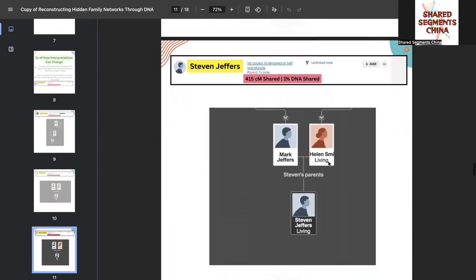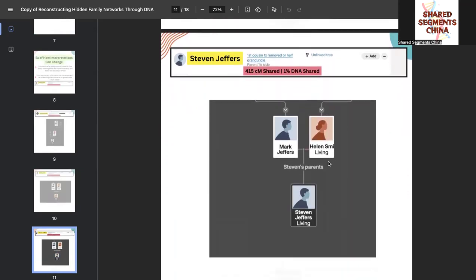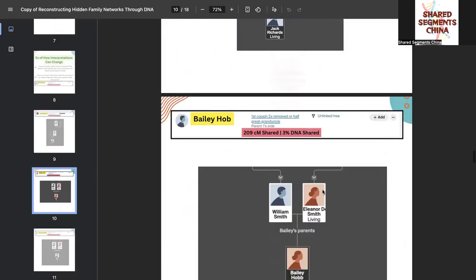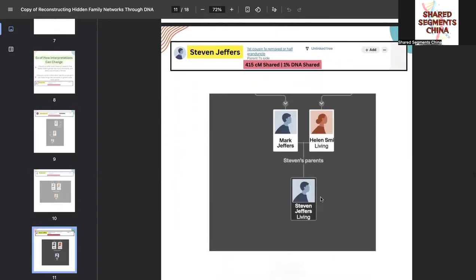Moving on to Stephen Jeffers, I saw the last names Jeffers and Smith. Now, what this let me do is start to hypothesize that Stephen Jeffers was related to these other two people, Bailey Hobb and Jack Richards, through Stephen Jeffers' mother, because that's where the Smith name is coming in. Again, these things are just guesses until you find more supporting evidence, but it really lets you start to paint